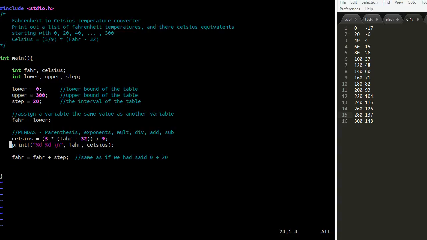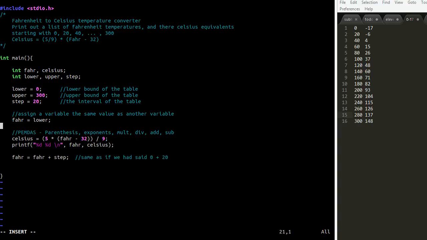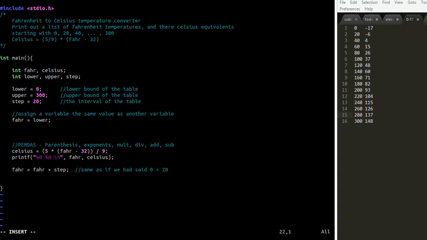We have this thing called a while loop. And what a while loop does is it allows us to execute the same lines over and over. I'm going to use a while loop in this example, but there are a few different types of loops. But a loop, as you might imagine, allows us to loop through the same few lines of code over and over again for as long as we want. So, I'm going to leave that comment with the Celsius there because it makes sense. But I'm going to write a while,